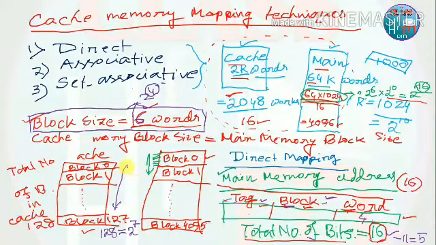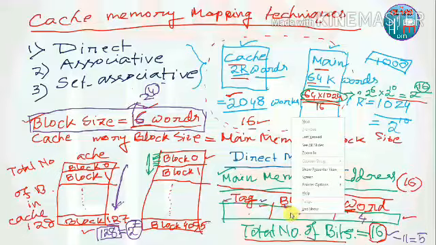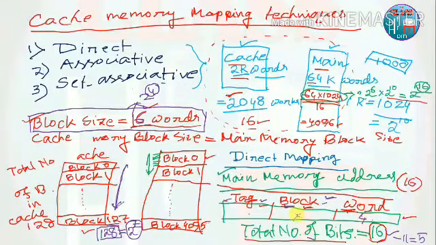When you calculate the number of blocks, you will find out the total number of cache blocks. The total number of cache blocks is 128. So 128 equals 2 to the power 7. So the block size will be 7, not the tag field. It's the opposite. So obviously, what will be the tag? Tag will be 7 plus 4, that means 11. So 16 minus 11 equals 5. So your tag field will be 5.